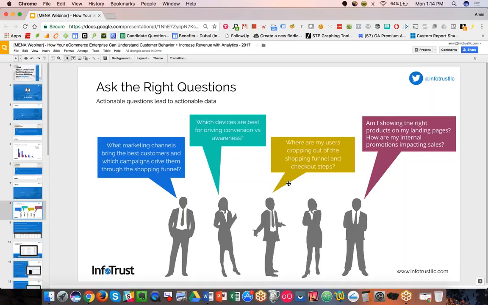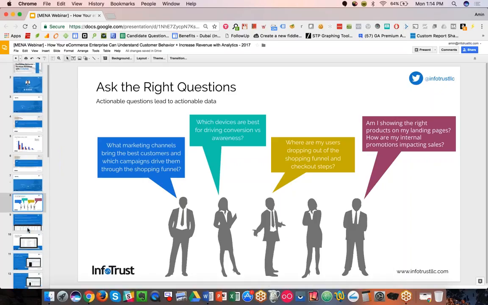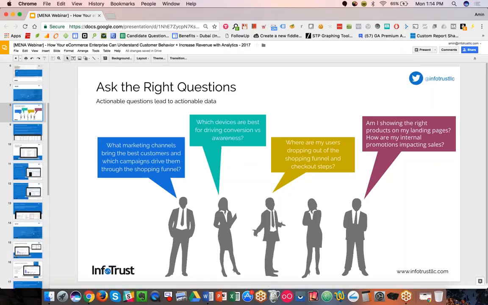Without having a question in mind, you won't know what answer to search for and what action to take after that. So what we recommend, and this is kind of jumping a little bit to getting started, is documenting what questions you and your business have of your data, of your customers, of what they're doing. If you document those, you can create some KPIs around those in order to make sure that you have the right data and analytics to answer those and drive decision making from that.